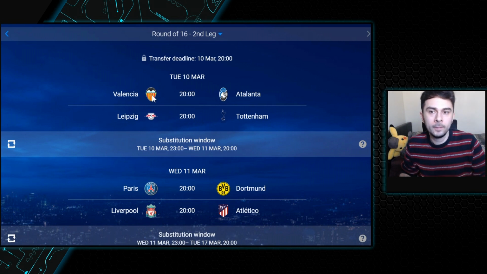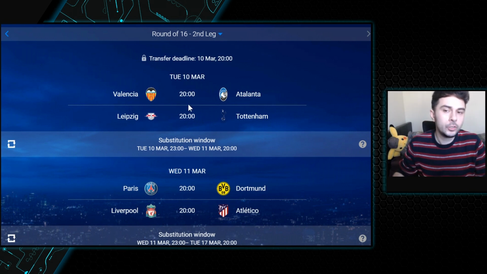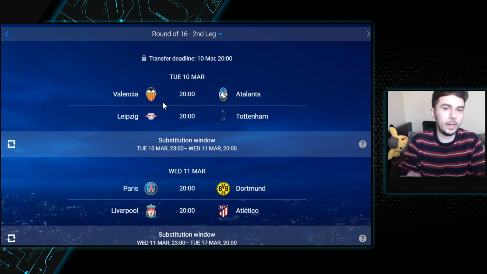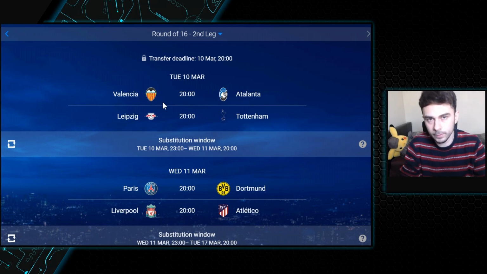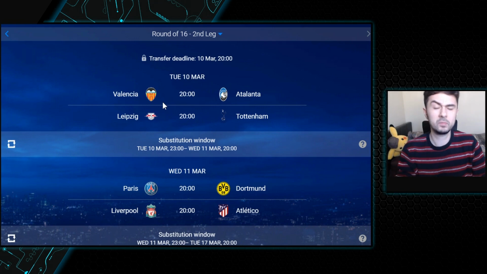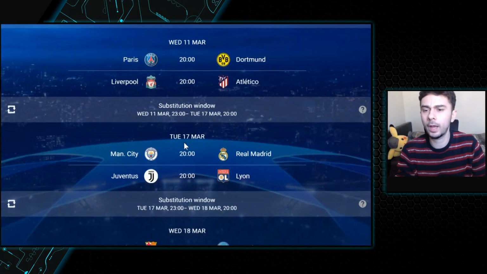However, if we do bring these players in and they can't manage to score a lot of goals, then we're going to be stuck with them in the next round and we have to remove them out of our team. And you basically need to look into teams that are pretty much through, like